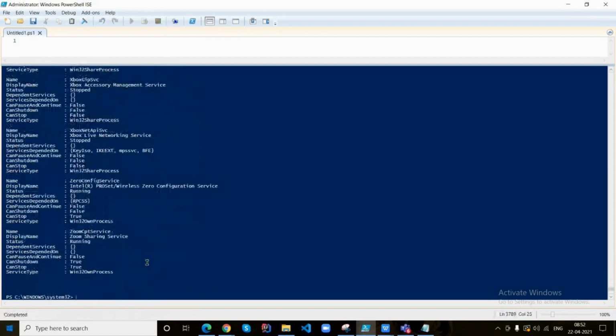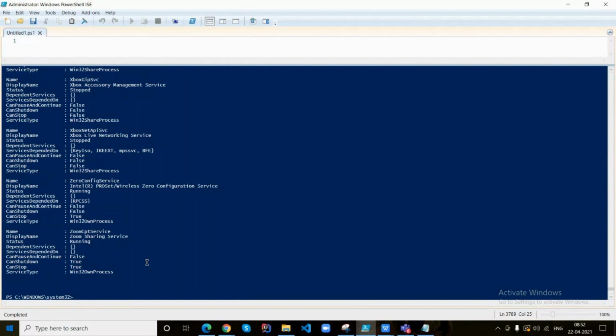Okay. We're getting the information of each and every service with the specific parameters that are common for each and every service. So basically the output of this cmdlet was displayed in the format of a table, and we wanted to get the same in the format of a list. Whenever you execute the Get-Service command, you'll be getting the information of all services which are running, stopped, or disabled in the system.